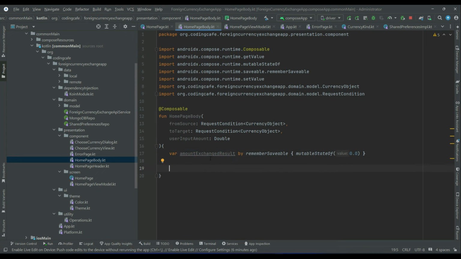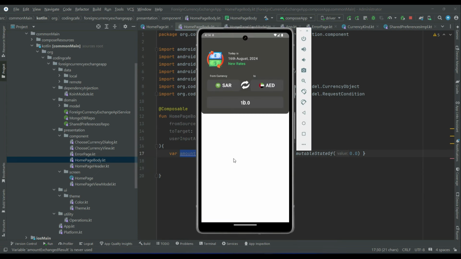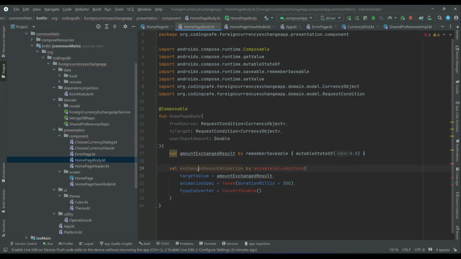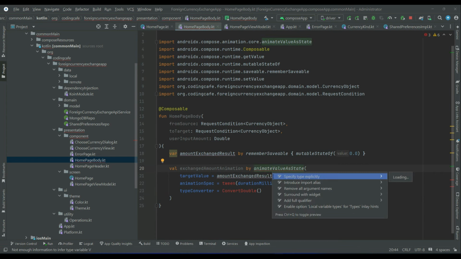Now when we display the exchange amount result on the user interface, we will also apply some animation on that. So for that purpose we can say exchangeAmountAnimation, animateValueAsState,